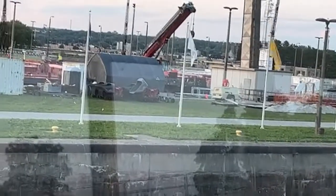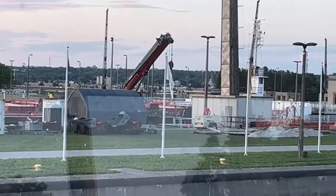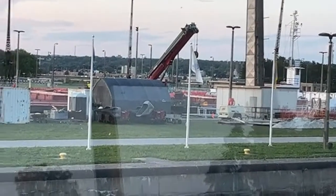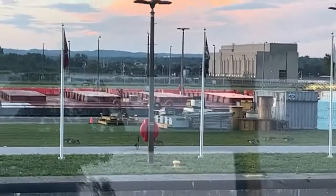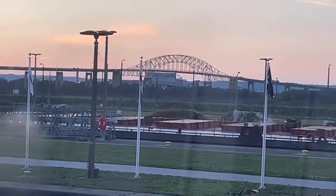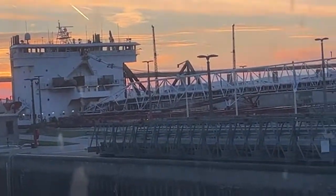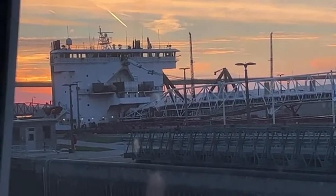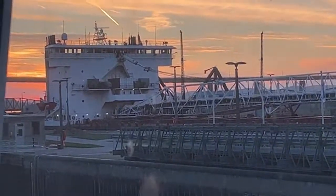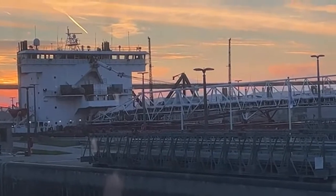Now, the new lot they're building is on the other side of that, right, correct? I'm not sure. I think that's the new lot. Says the visitor center is closed today and tomorrow, so we won't go to the visitor center to check it out. I'll send a schedule on the